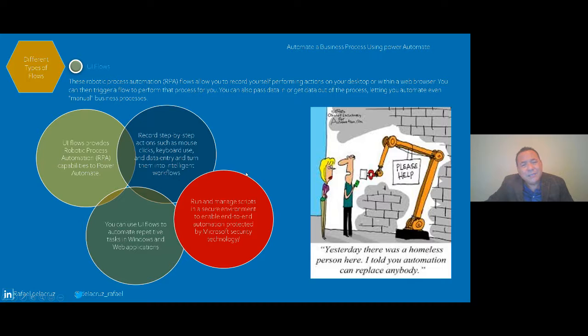Technology is changing constantly, and there are many solutions that can automate different processes in many ways. It's not just about sending an email, creating an approval process, or creating a folder. It's way more than that.